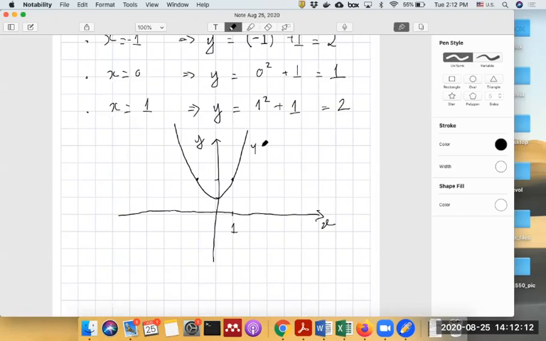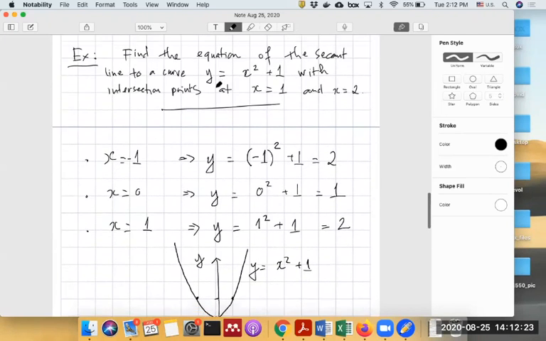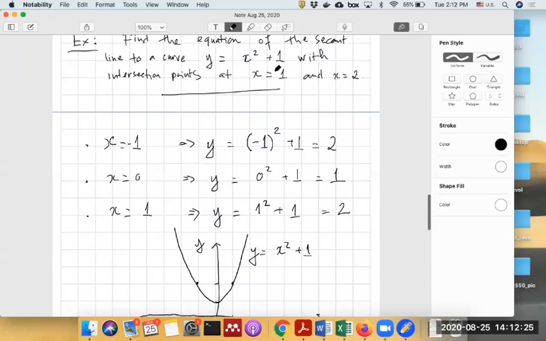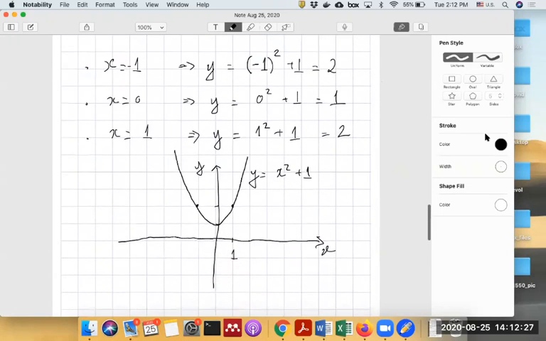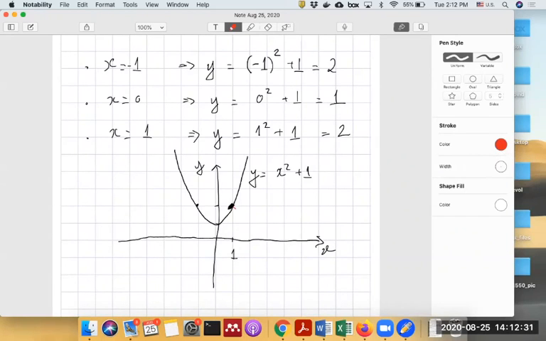So the graph of this guy will be like this. Okay? Now the question is intersection of the point x is equal to 1 and x is equal to 2. It means it has to go through this point